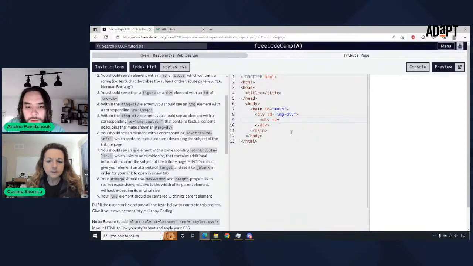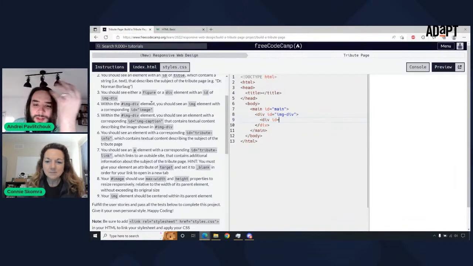Did we do this actually? I don't think we have. Did we miss it? Yeah, I think we did. Because they say within the hashtag image div element. Oh, we did. So it's kind of like two tasks in one go, isn't it? That's kind of spooky. Because they say within the image div element, well, we haven't actually created an image div element, so we need to create the image div element first, and then within that, we need to also create